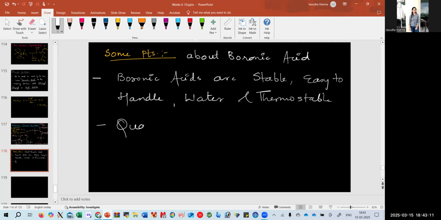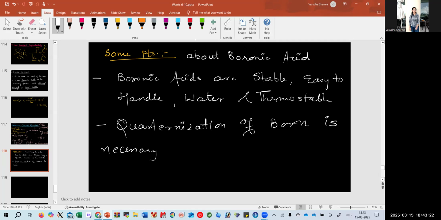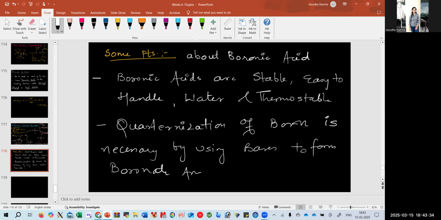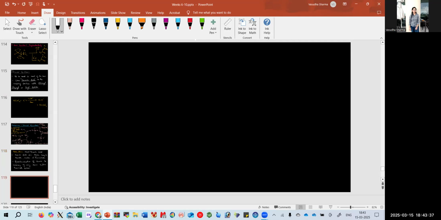Second, the quaternization of boron, leading to its negative charge, is very necessary by using bases to form boronate anions. And the last, once it is forming a boronate anion, it acts as a carbanion